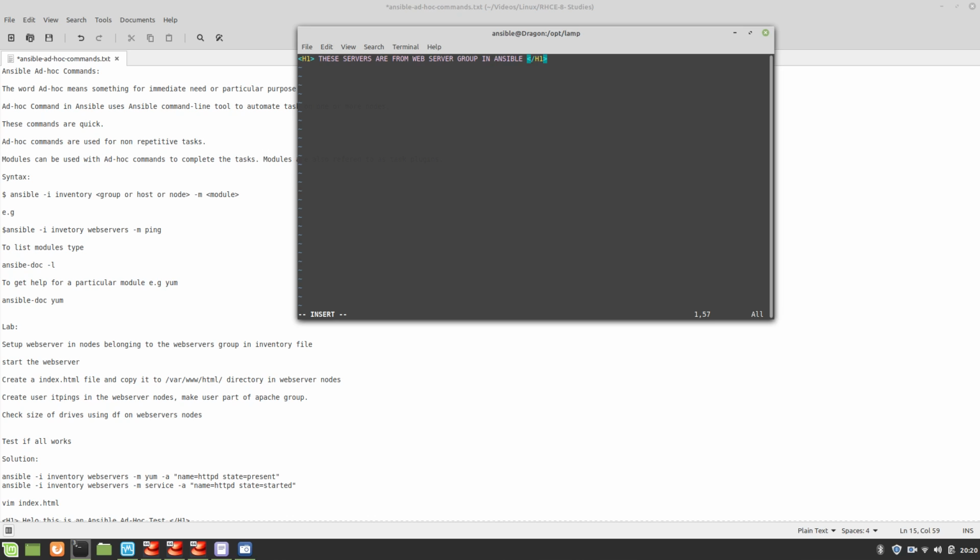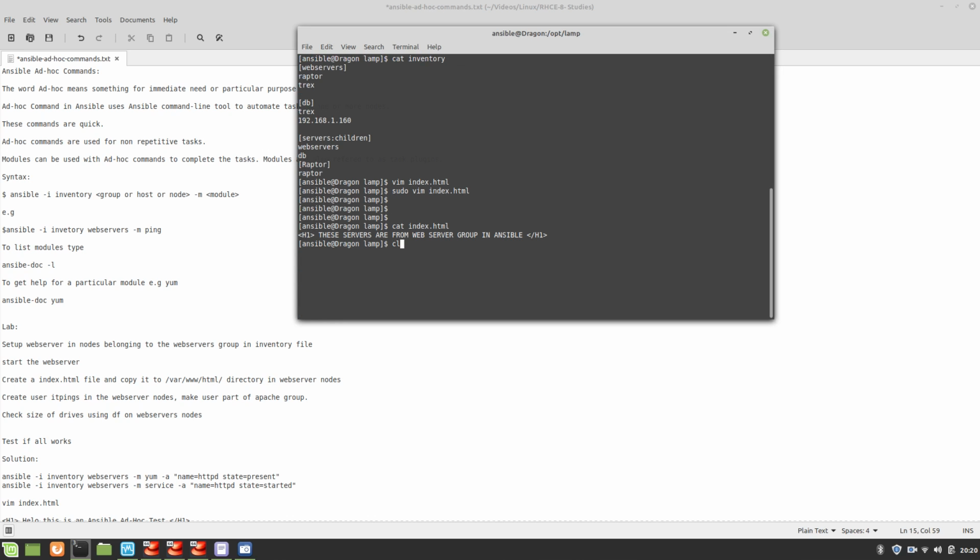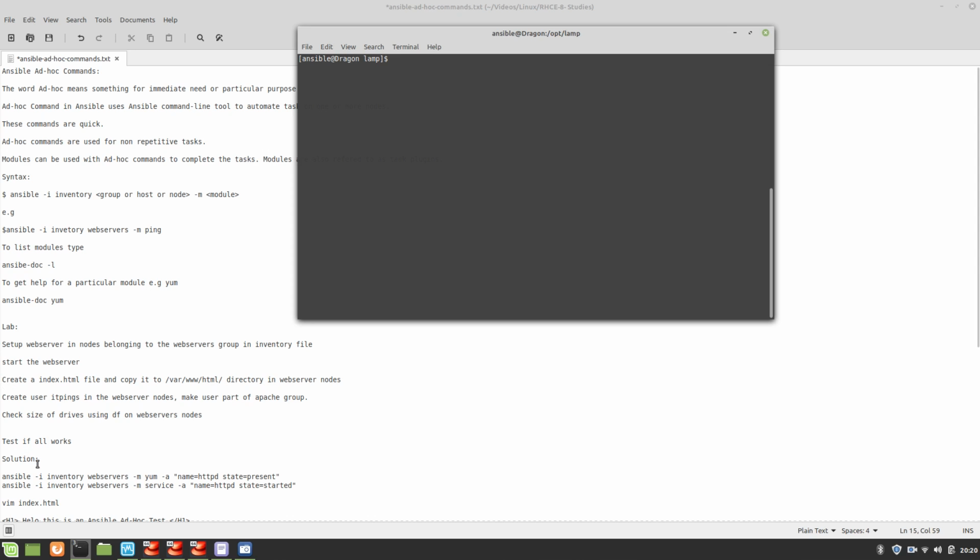These servers are from web server group in Ansible. Okay, now we have already created the index file, and what we need to do first is